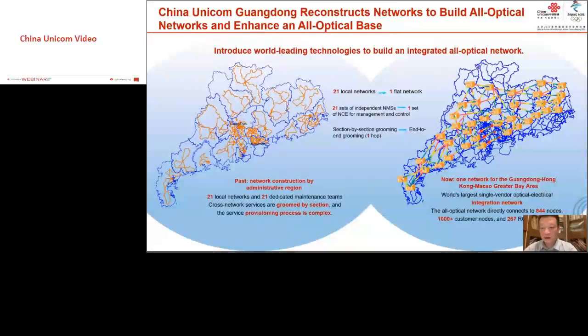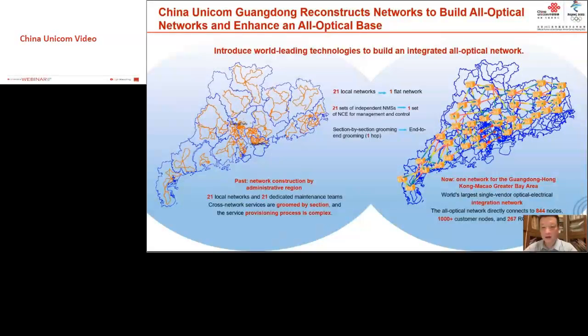China Unicom Guangdong broke the traditional hierarchical convergence thinking and introduced the world-leading technologies. A flat mesh-based all-optical network covering more than 800 aggregation nodes has been built for the network of 21 cities in the province. The network uses SDN controller, ROADM, and ASON technologies. This enables intelligent service scaling and unified management and control on the entire network, which effectively supports the rapid development of